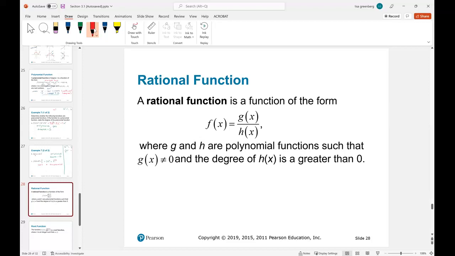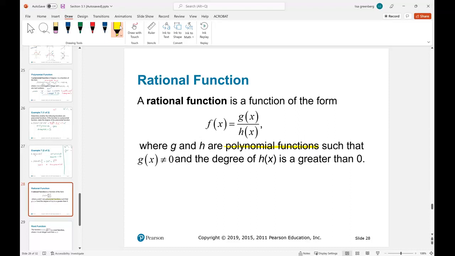Now we're going to talk about what a rational function is, which we already have talked about, but we're going to do it again. So a rational function is of this form where both g and h are polynomials. And remember,